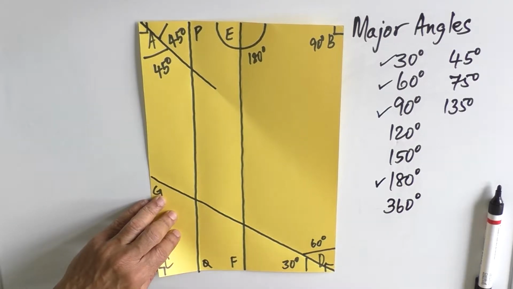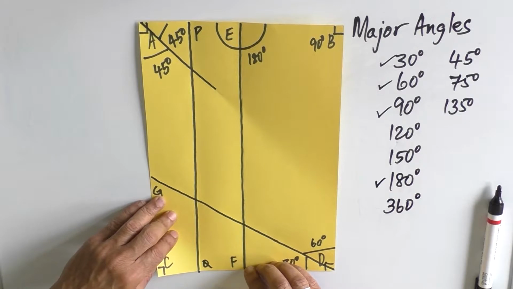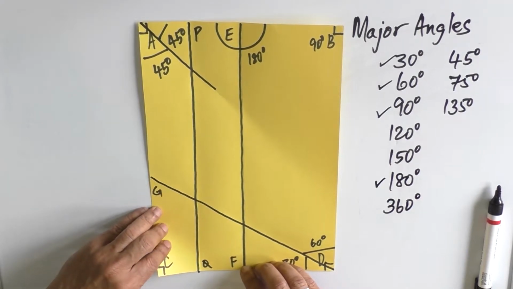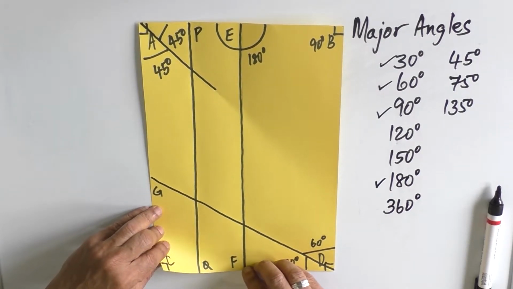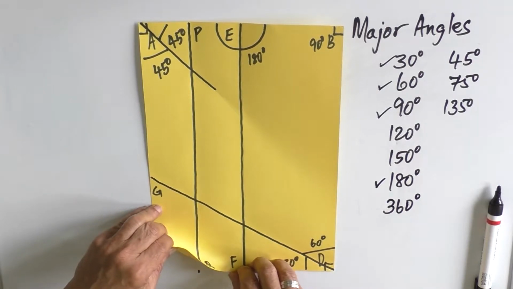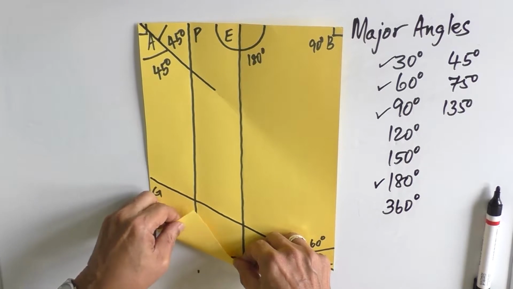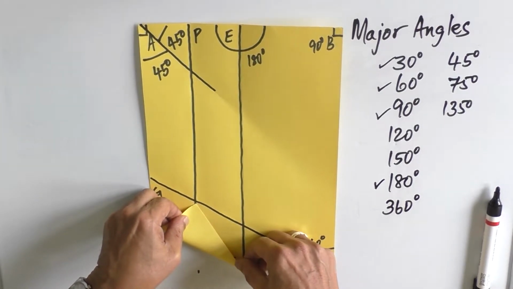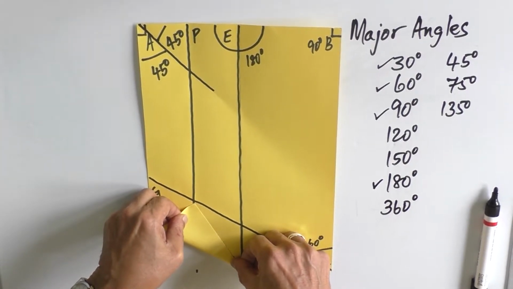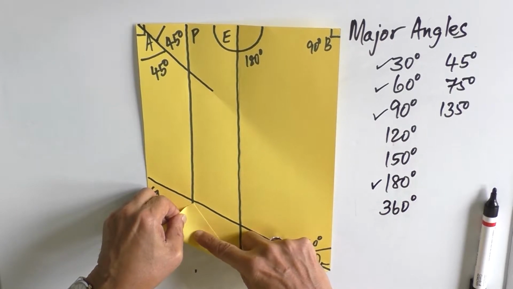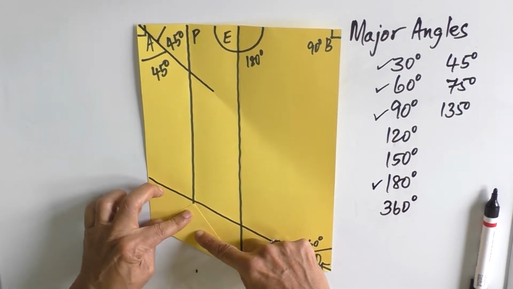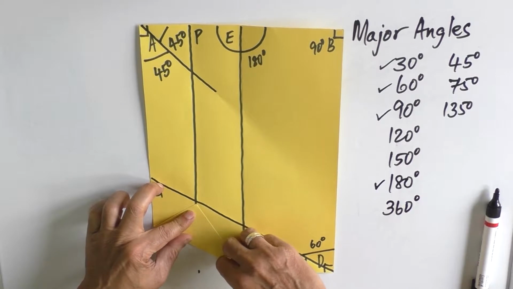In the earlier exercise we kept D as the reference point. Now let us take F as the reference point and again take C in such a way that it coincides with the line PQ, and then make a very strong crease,